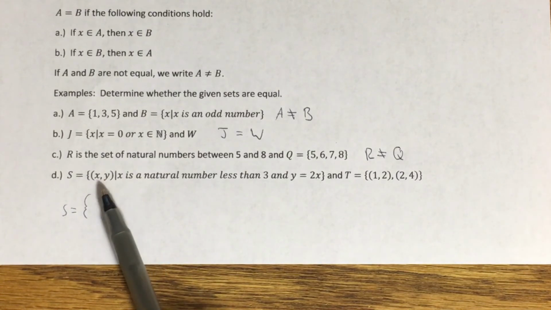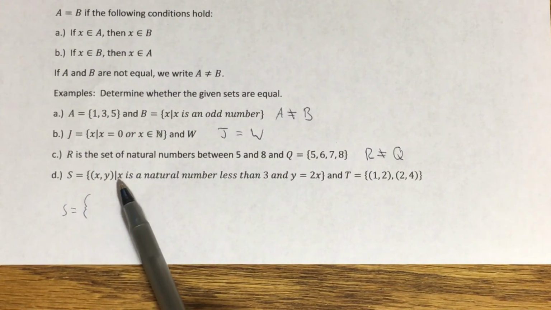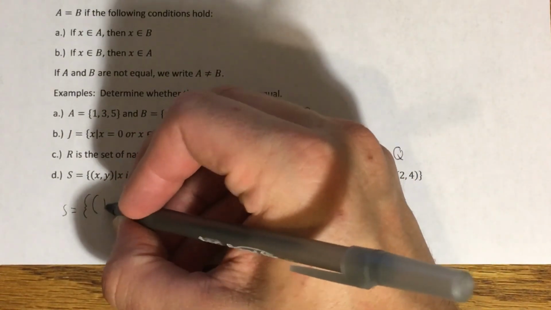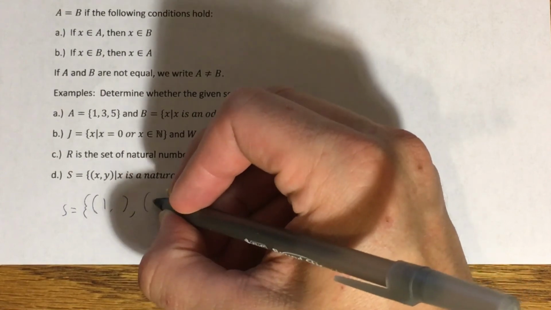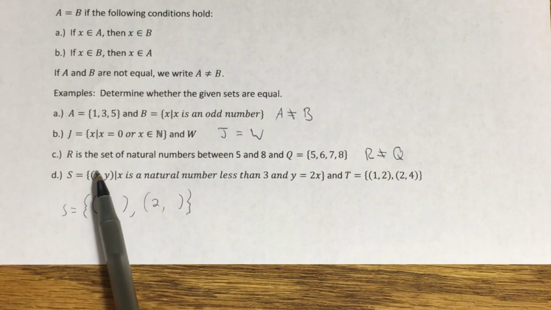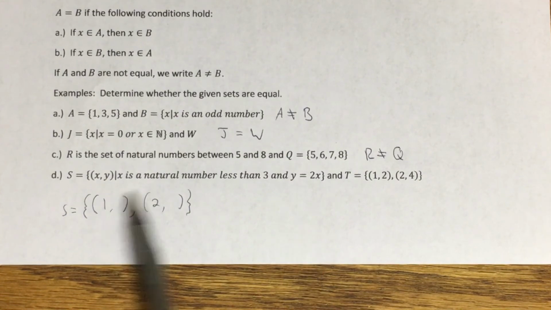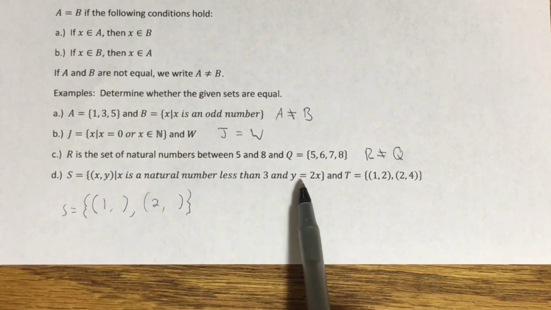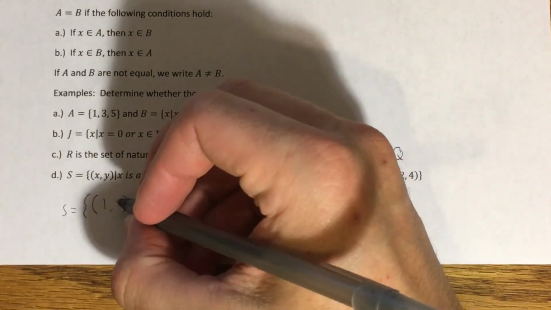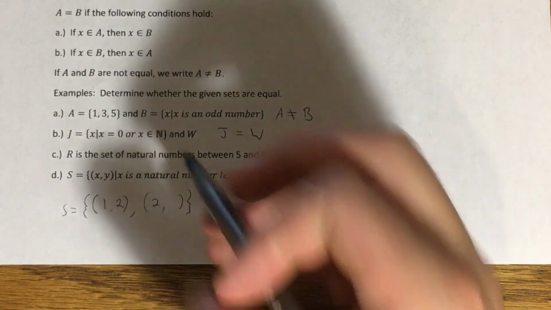So remember, we're looking at ordered pairs. There's a first element, first component and a second component here. We're calling them x and y. X is a natural number less than 3. There's only two natural numbers that are less than 3. There's the number 1, and then there's the number 2. So those are the only two possible values that I can use for this first coordinate here. What about the second coordinate, y? Well, y is related to x according to this definition here. Y is equal to 2x. So in this case, if x is equal to 1, then y is equal to 2 times 1, which is 2. If x is equal to 2, like it is here, then y should equal double that, 2 times 2,